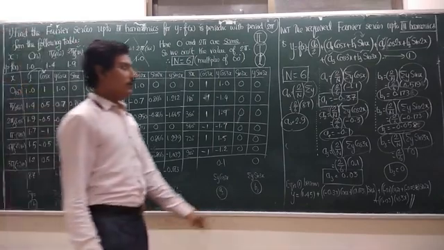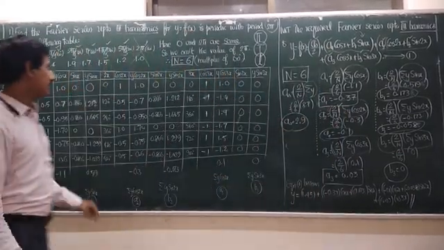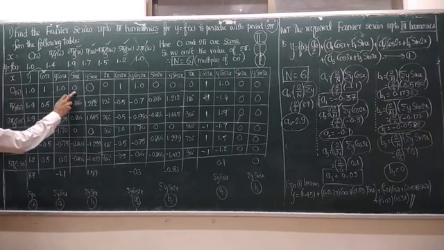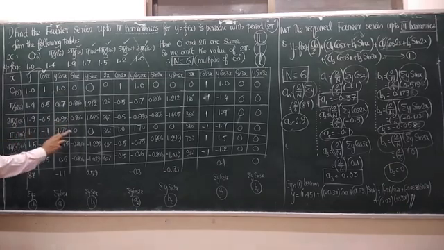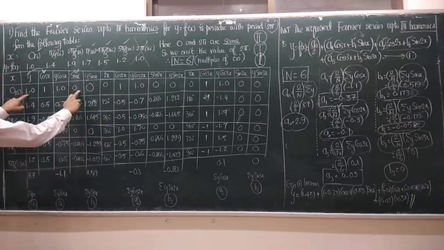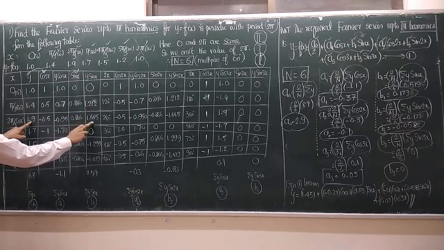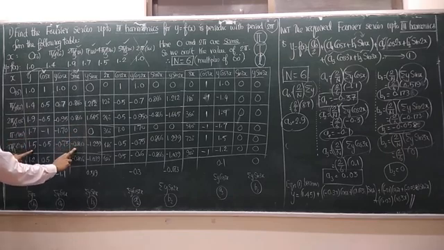What about the b1? For the b1, I need sigma y sin x. So let us construct the table in such a way that we find the sin x first. Sin 0, 0. Sin 60, 0.866. Sin 120, 0.866. Sin 180, 0. Sin 240, minus 0.866. Sin 300 is minus 0.866. Multiply y with sin x. Fill up this column. So multiply 1.0 into 0, 0. 1.4 into 0.866, 1.212. 1.9 into 0.866, 1.645. 1.7 into 0 is 0. 1.5 into minus 0.866, minus 1.299. 1.2 into minus 0.866, minus 1.039.